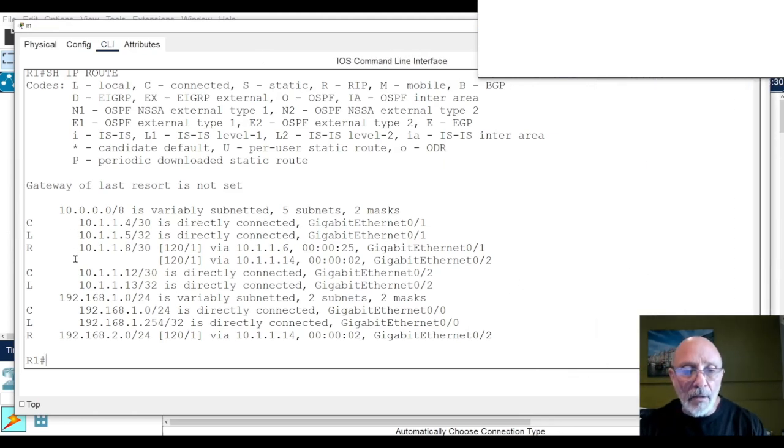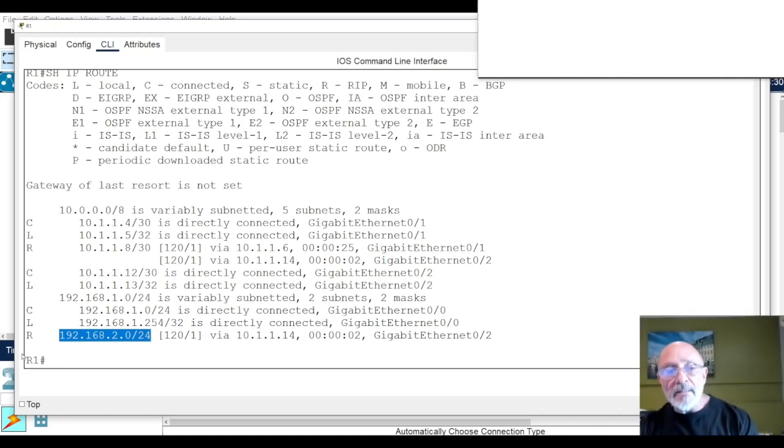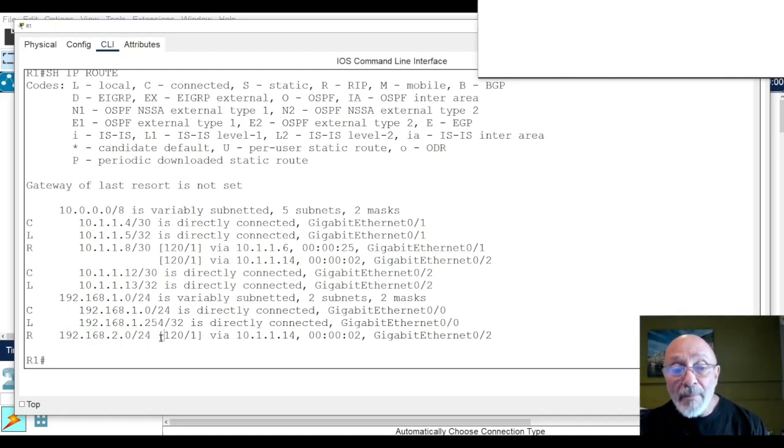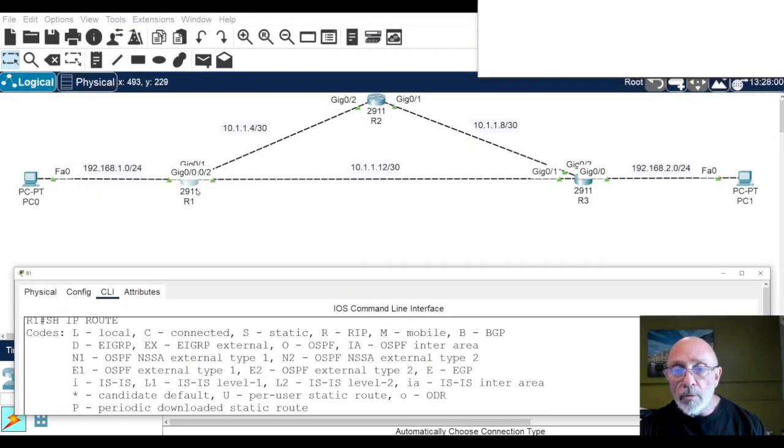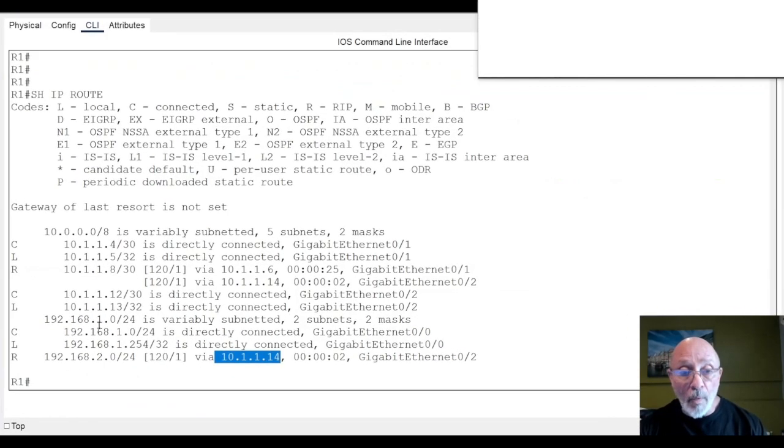So now it's telling you, let's say your destination, really this is our destination network that we want to get to, is the 192.168.2.0. The administrative distance of RIP by default, which can be tweaked, is 120, and you're 1 router hop away. It's going via the 10.114. That's how it's getting there. It chose to go this way, and there is no other way it's choosing to go. You're not doing any load balancing or anything like that, right?